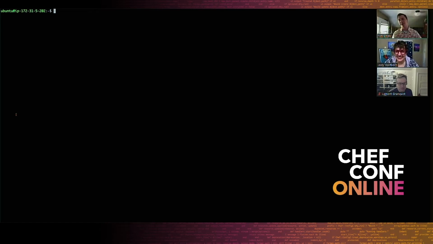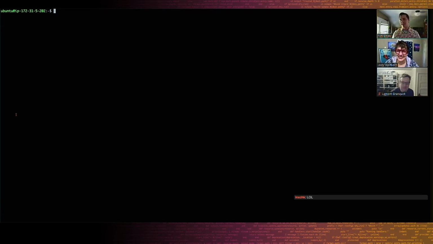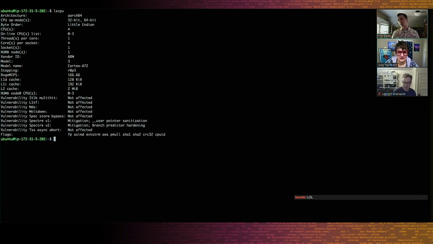So one of the things that really allowed us to do was be a lot faster with adding platforms. If anybody has previously complained when we didn't hit a release date for Ubuntu, it was really hard for us to add new platforms. So this is a box, and we can look at what it is with lscpu. Yeah, so this is an ARM box. They're pretty cool in Amazon.